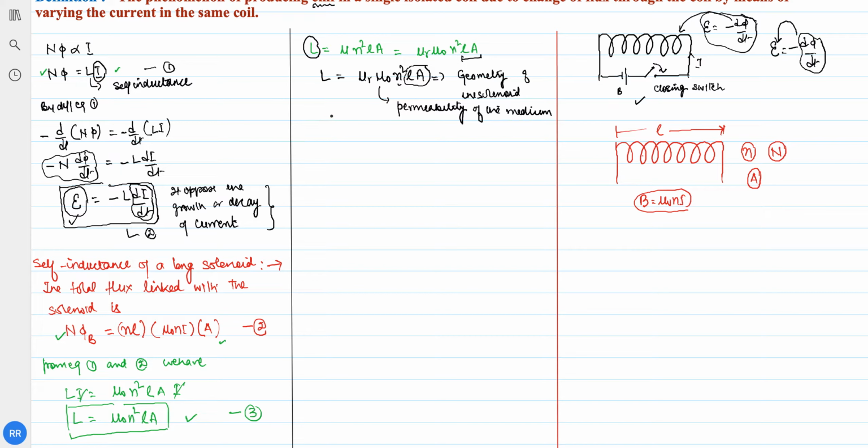So the self-induced EMF, that is equal to EMF is equal to minus L times di upon dt. This is also called back EMF. Why is it so? Because it opposes the growth or decay of current. If current increases it opposes it, if it decreases it opposes it. And this self inductance plays the role of inertia.